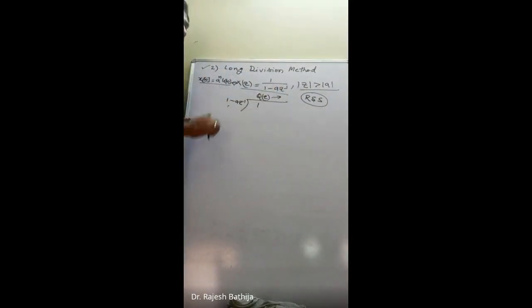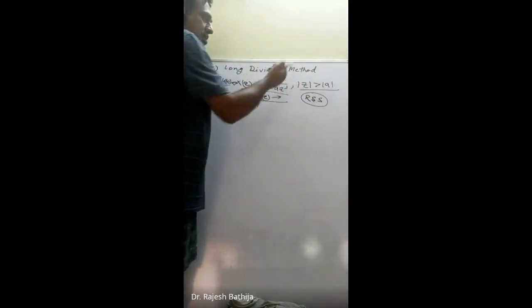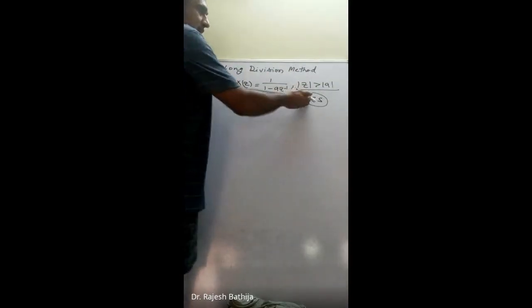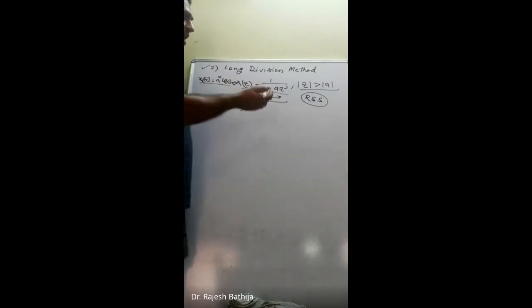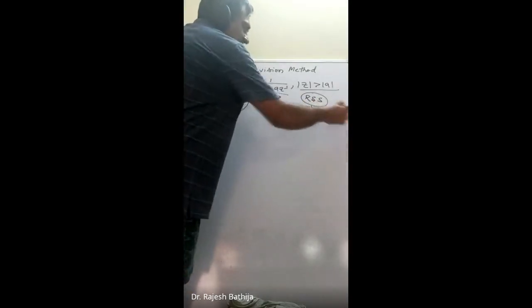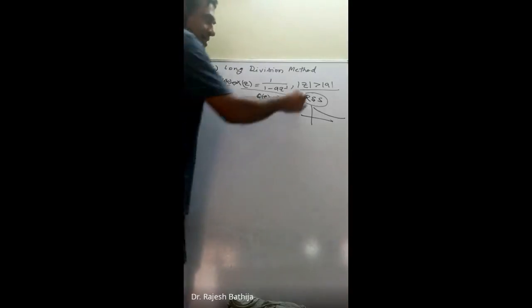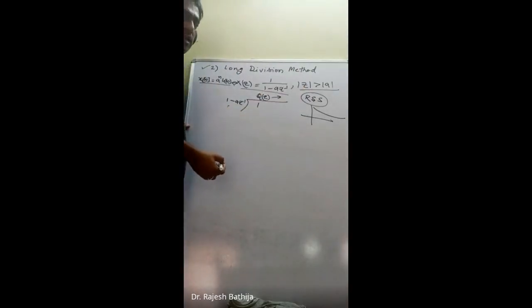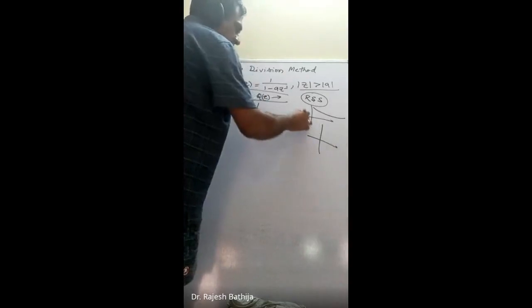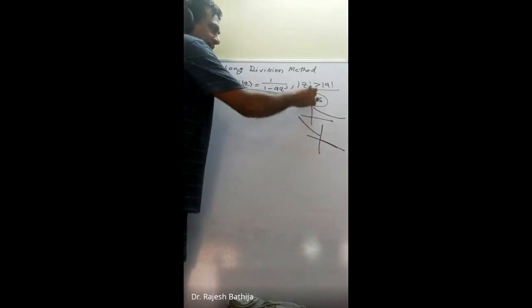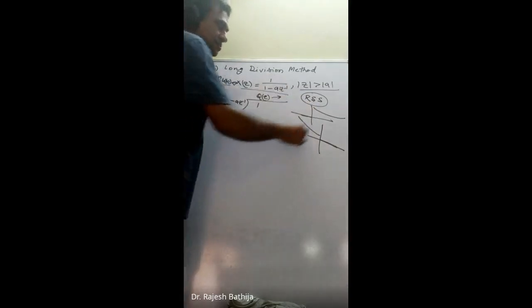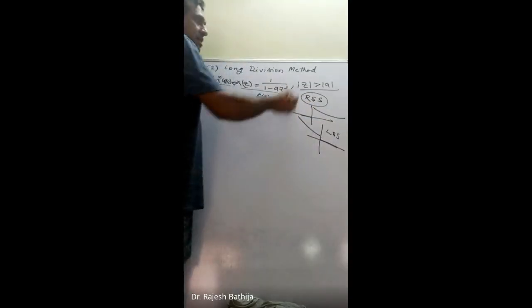How do we know whether the signal is right-sided? By its ROC. If it is greater than some value, it is right-sided. If it is less than some value, it is left-sided. Right-sided means that the signal exists to the right of some value. A left-sided signal exists to the left, and in the right it is 0. In a right-sided signal, in the left it is 0. So this is the left-sided.